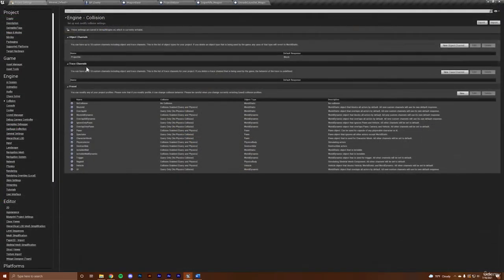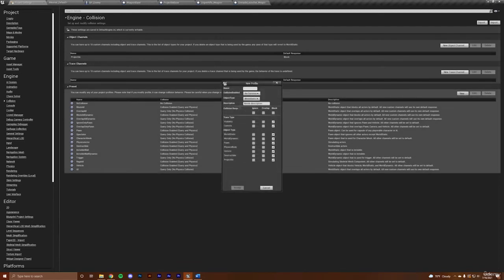Okay, so I finally figured out that you need to also set it as a preset. So here we are, it's in the same place. Make sure you create an object channel named projectile in the project settings, collision. But we want to make sure that we also create one under the presets. So projectile,